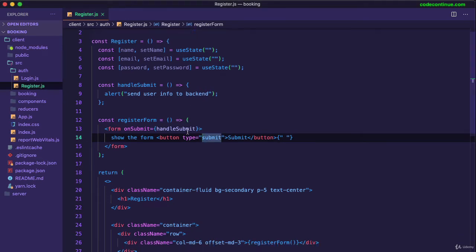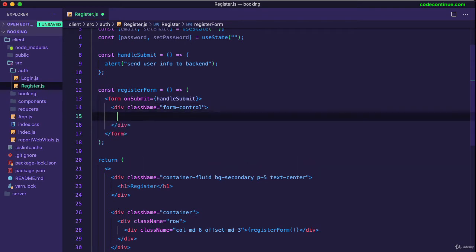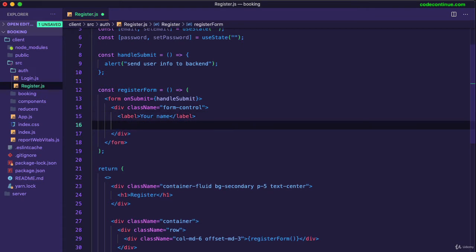So let's continue with our form. Let me get rid of all this and start fresh. So form, first thing you want to create a div with the class name of form control. Using bootstrap class, create a label, and this one will be used for name. So your name, and then we create input, type of text,